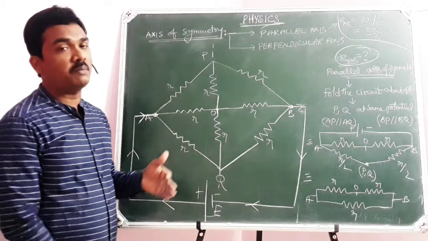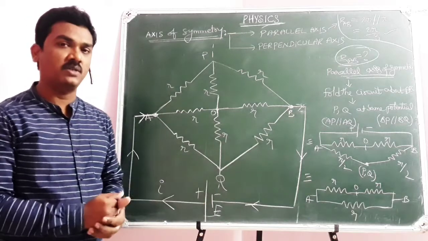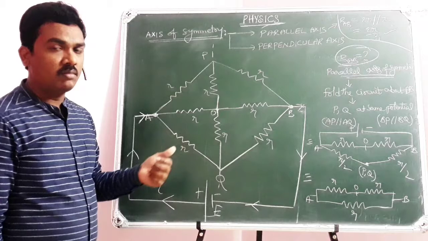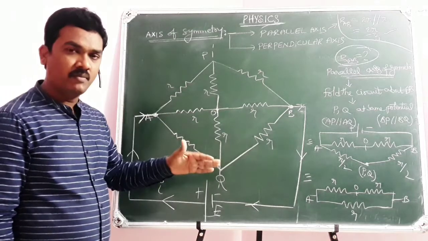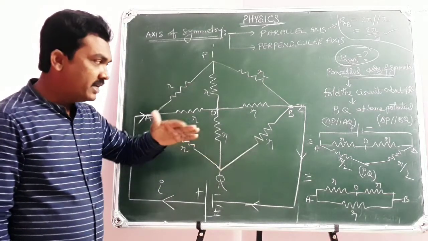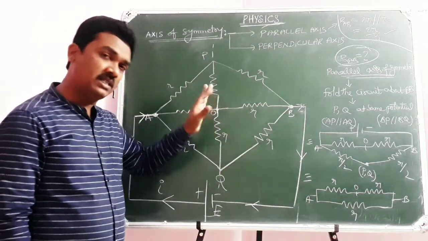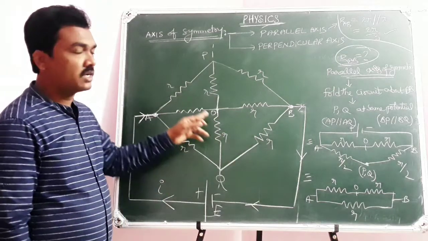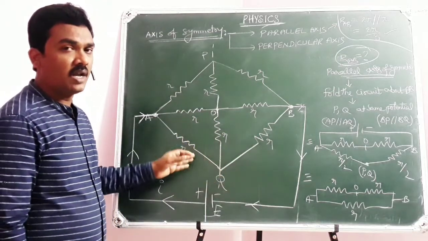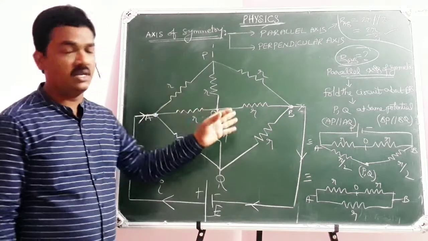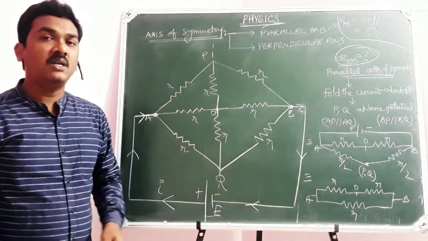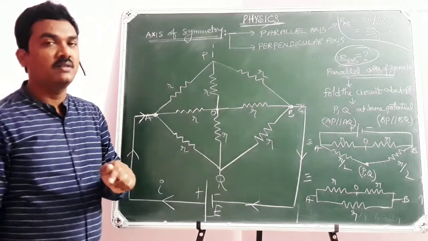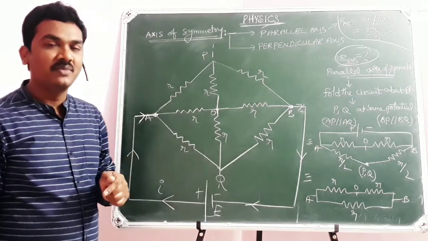Now we discuss the perpendicular axis of symmetry statement. First, you note down this. This is all theory. After writing this entire theory along with this example, now you can frame a question: in this electric circuit, find the equivalent resistance across AB. But the same question can be solved using the perpendicular axis of symmetry. That is my intention in telling you.